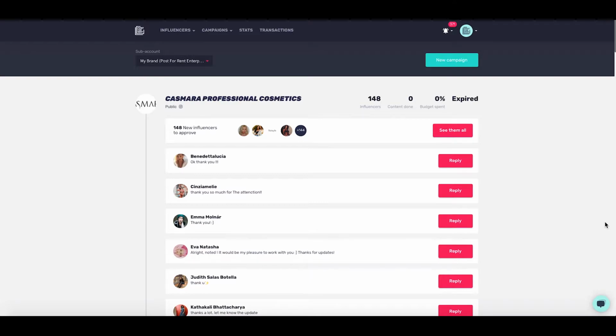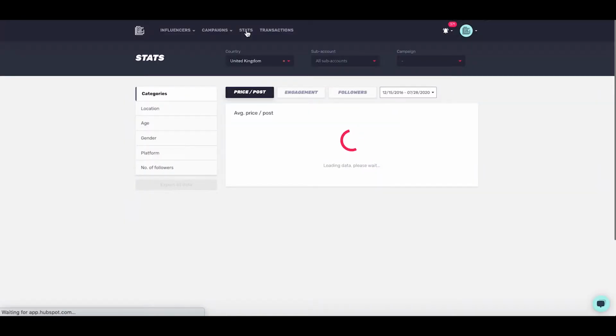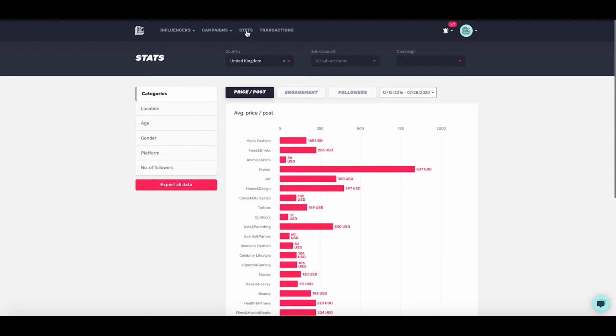In this video we're going to take a quick look at the stats tab and unlocking the stats and what that gives you. So let's head over now and take a quick look. By clicking on stats, you open up the stats tab, and as you can see immediately you can choose a